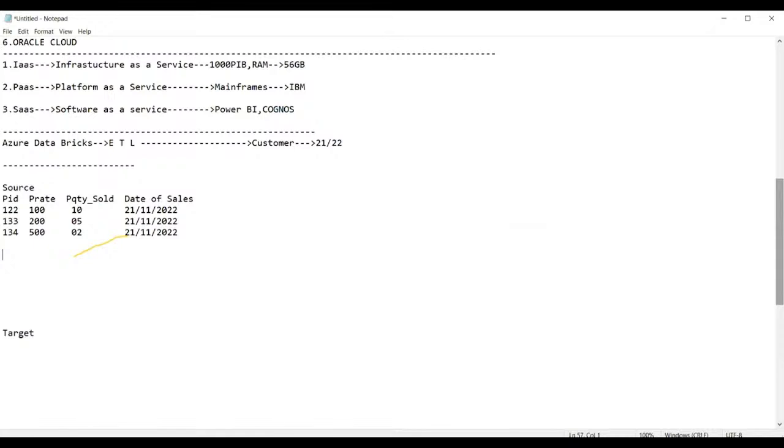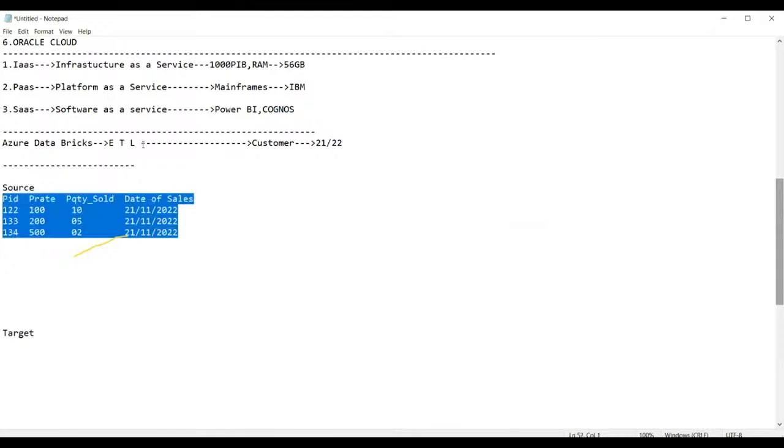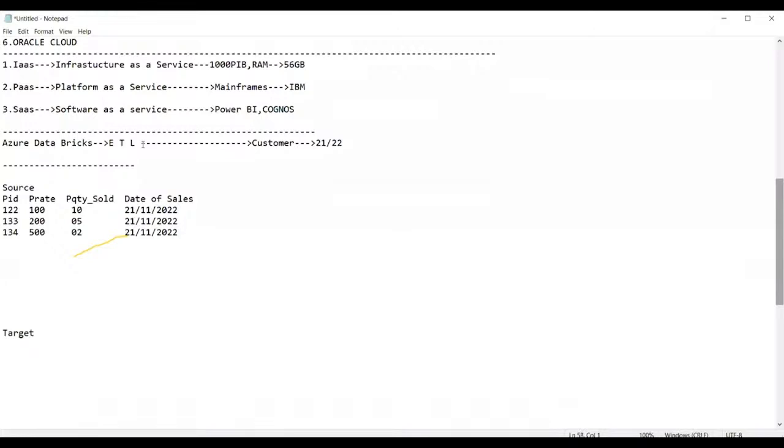Now instead of this, I will make the rate 200, here I'll make the rate 300, and here I'll make the rate 1000. The product quantity sold stays as it is, but I'm changing the date to 22.